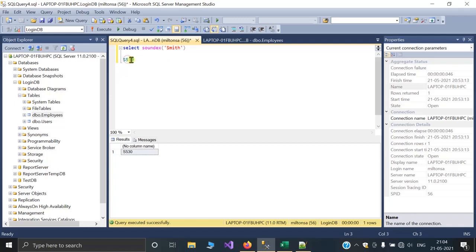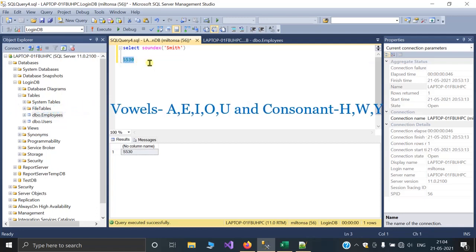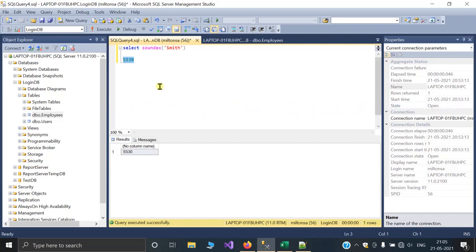The second, third and fourth characters of the code are numbers that represent the letters in the expression. One important note: the vowels A, E, I, O, U and the consonants H, W, Y are ignored unless they are the first letters of the string. Zeros are added at the end if necessary to produce a 4-character code.